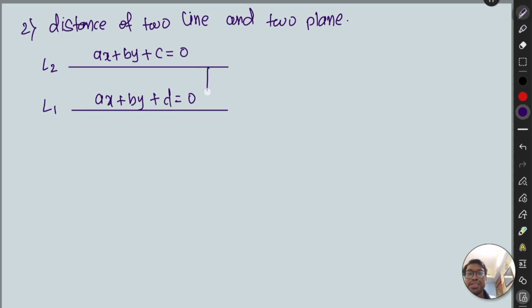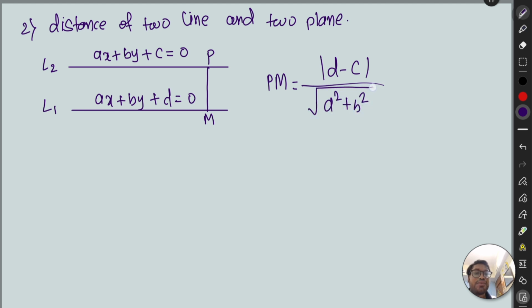If the distance between two lines is, we can say the point P and M, then PM will be just the difference of the constant term divided by square root of a square plus b square. In a similar way, if we go for